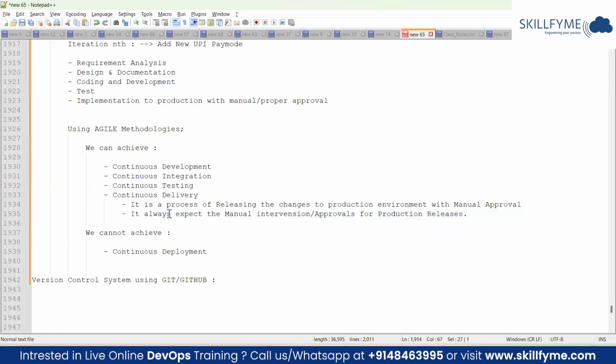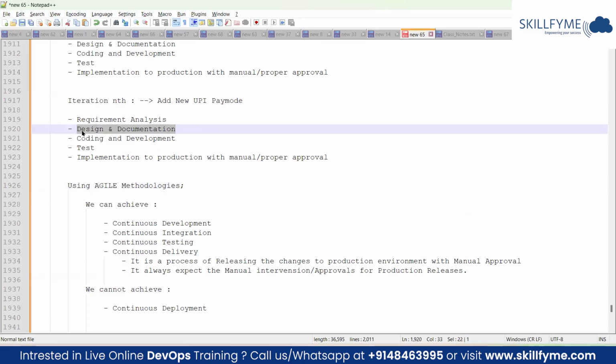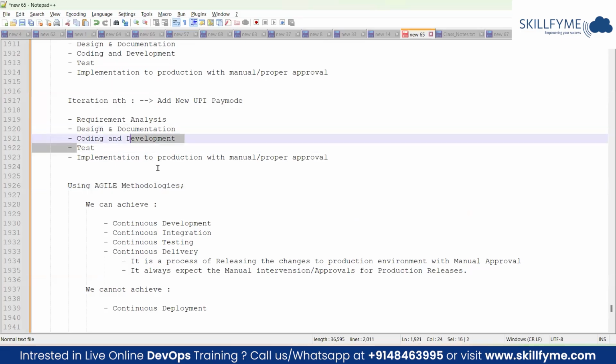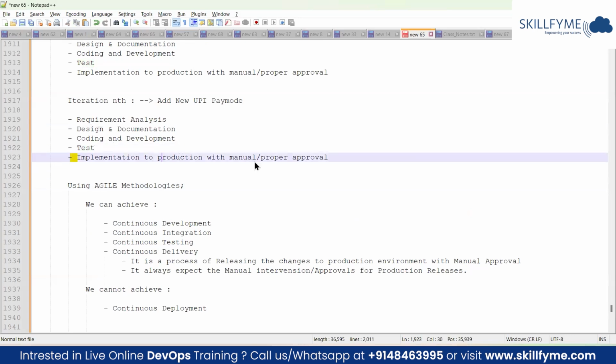So that is the process behind your Agile methodology. Without approval, we cannot move any changes to the production environment. That is the process of Agile methodology. But in this generation, let's say I have done my changes, I've analyzed it properly, and it has been thoroughly tested. Even after testing my application thoroughly, why do I need a manual approval, right?